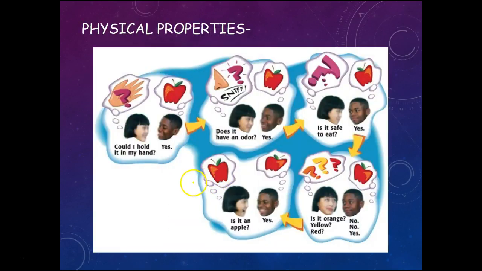Yes, I'm being repetitive. So physical properties: she says, could I hold it in my hand? Yes, he's thinking of this object. Does it have an odor? Yes. Is it safe to eat? Yes. Is it orange, yellow, or red? And he says, no, no, yes. Is it an apple? So she begins to ask about different characteristics, different properties of the substance until she concludes